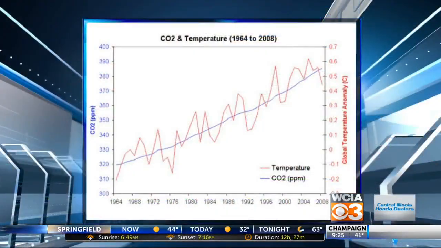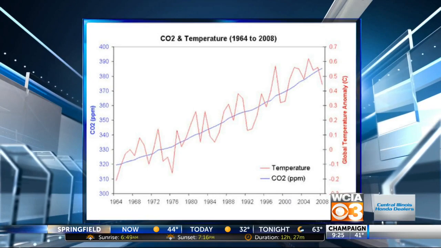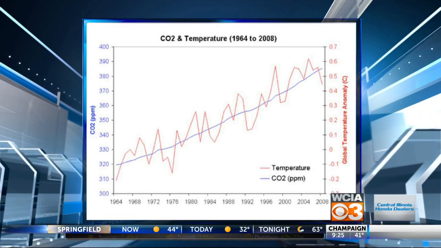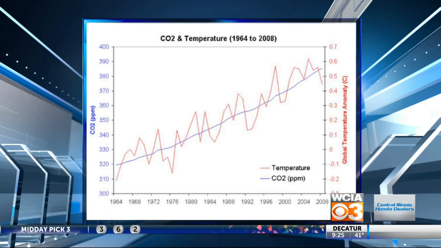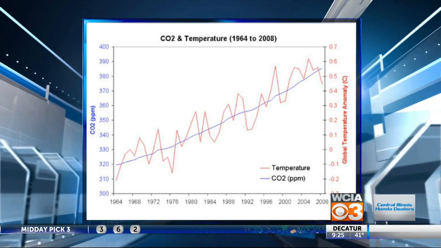The next slide shows that there's a correlation between the amount of greenhouse gases, on the left, and the temperature of the planet, on the right, and you can see that there's a direct correlation. So if you have too much CO2, then the temperature goes up. Or let's just say if you have more CO2, the temperature is higher.